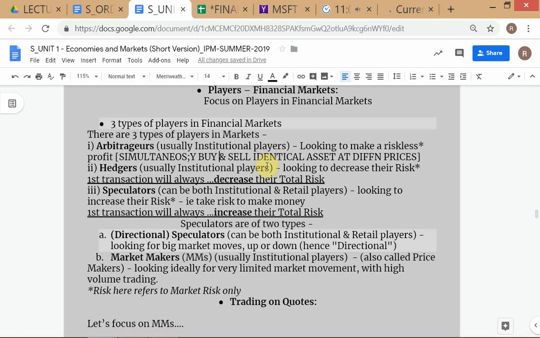I have both of them on the phone together, and I just buy from him at 1200 and I sell to this guy at 1500. It's the same asset, it's gold. People don't have the right information, so they are quoting different prices, and I take advantage of that difference and immediately lock in a profit. So I have no market risk left.